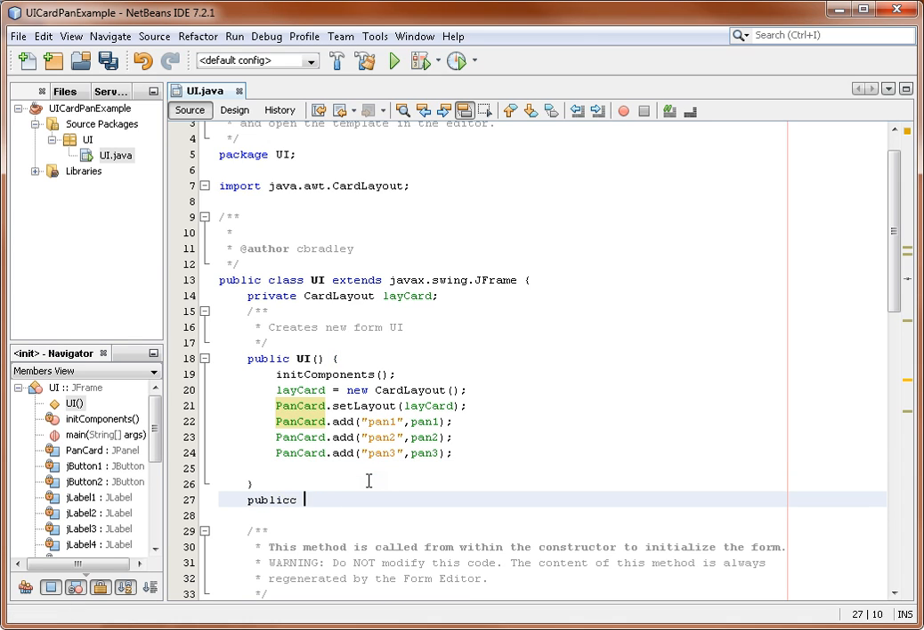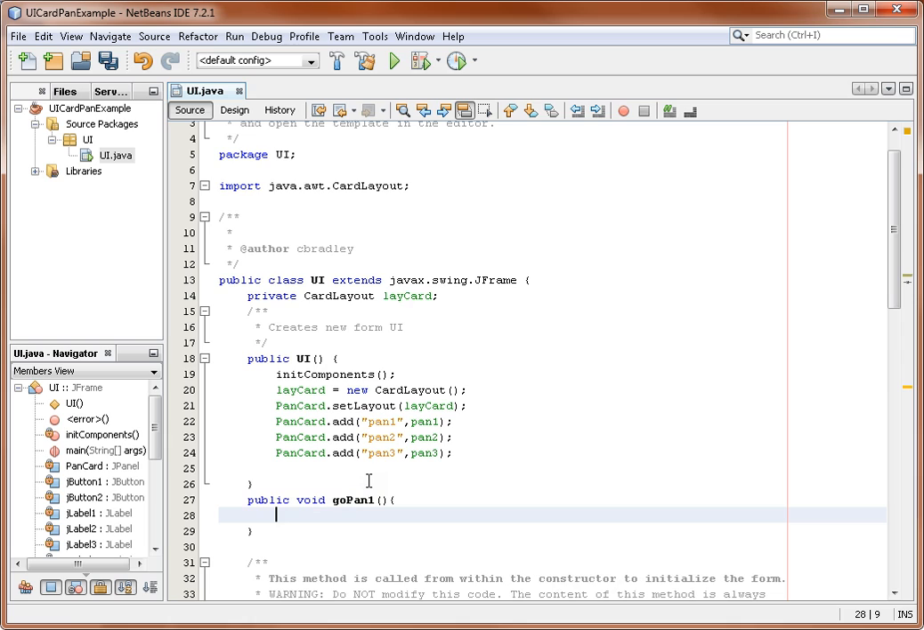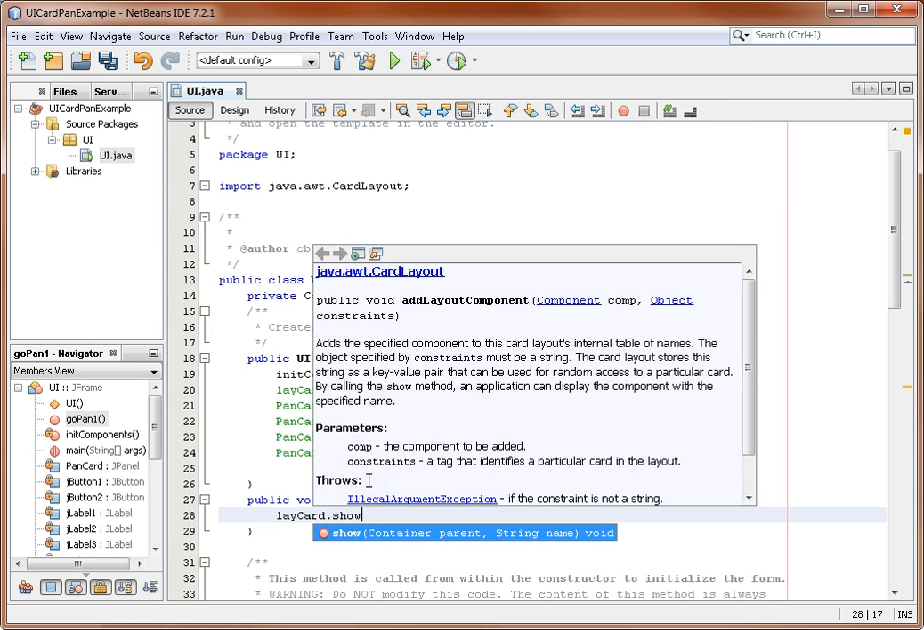So I'm just going to create a public void. We do not create these methods that change between panels in the actual action elements, because then it becomes more difficult to call. Like in this instance, we want to call it from both the menu bar and the buttons. So I'm going to say go pan 1. And this one I think is lay card dot show